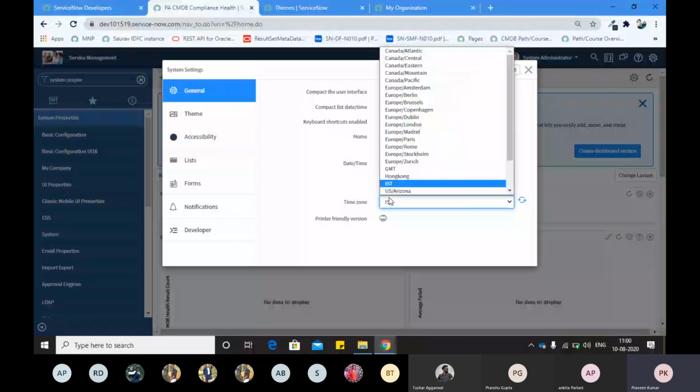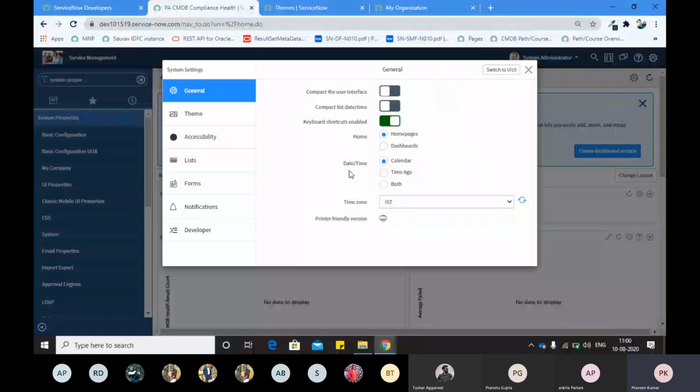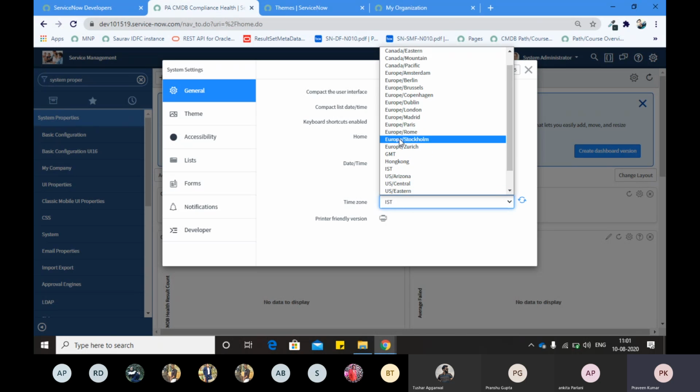Changing the time zone in any web application, in any project, is a very complex thing to handle because different kinds of users will come from different geographies, right? And for every user you want to give the flexibility that they will get notifications in their time only, right? They will get tasks assigned to them in their time only. So if you change your time zone, the system will behave as per your timings. So from here you can change your time zones as well, correct?